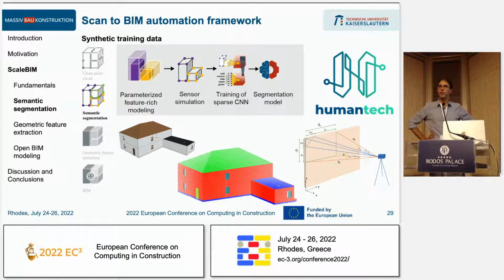The first thing you have to think about is how to get digital buildings. So that's what we did in the first step here.